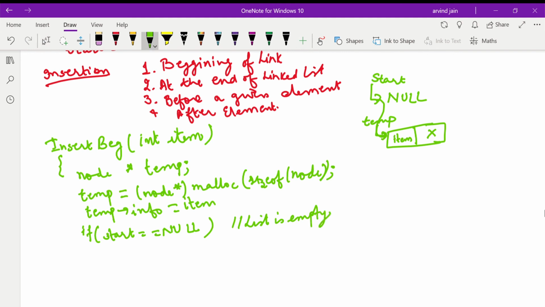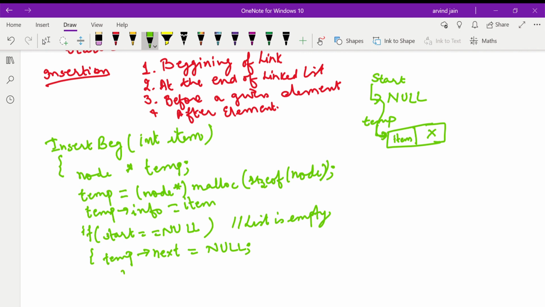Then we update these pointers of temp. Always remember that for the temporary variable you have taken, first of all we update the pointers of that node. After that we update the pointers of the existing linked list, so that we do not lose the addresses of the existing linked list, which is updated later on.